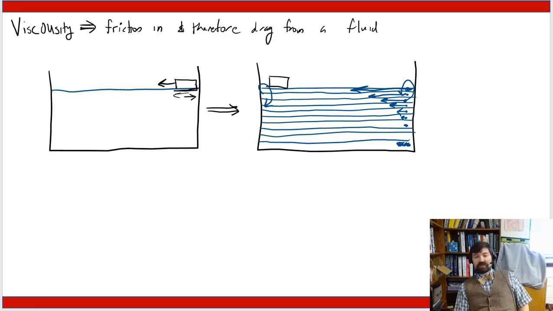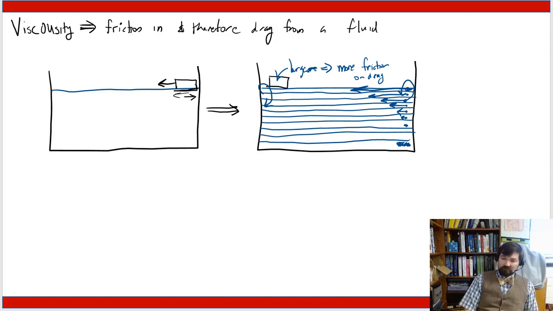Another one is that the larger the object up here that I'm dragging, the larger the drag. We know that from our study of drag forces in Physics 1. So in some sense, more friction or drag between the object and the layers of fluid that it's interacting with. And then also, the faster we drag the object, the more drag we get. Again, recall from Stokes' law,